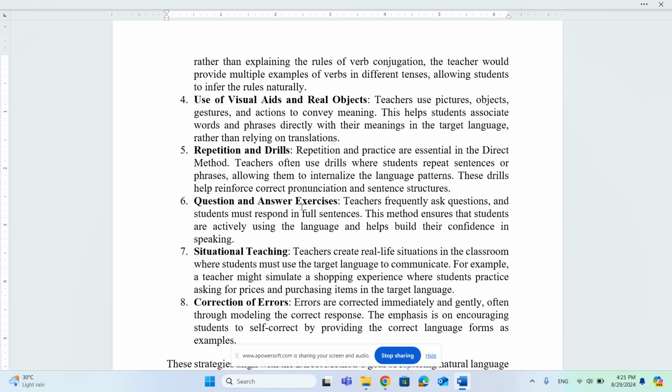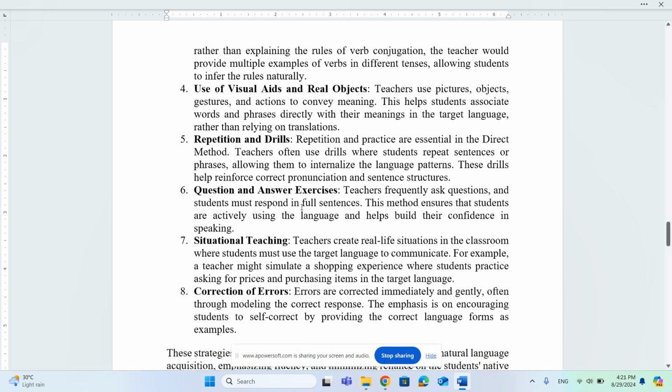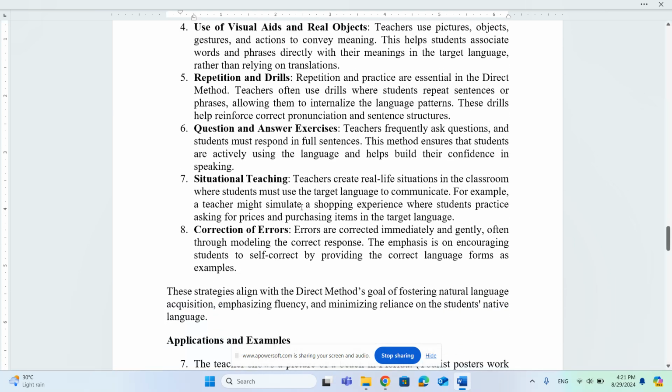Okay, one can be the shopkeeper, another is a customer, and they have to practice it. And the next strategy is correction of errors. Errors are corrected immediately and gently, and often through modeling the correct responses. The emphasis is on encouraging students to self-correct. Okay, we have to focus on self-correction rather than teacher correction by providing the correct language forms as